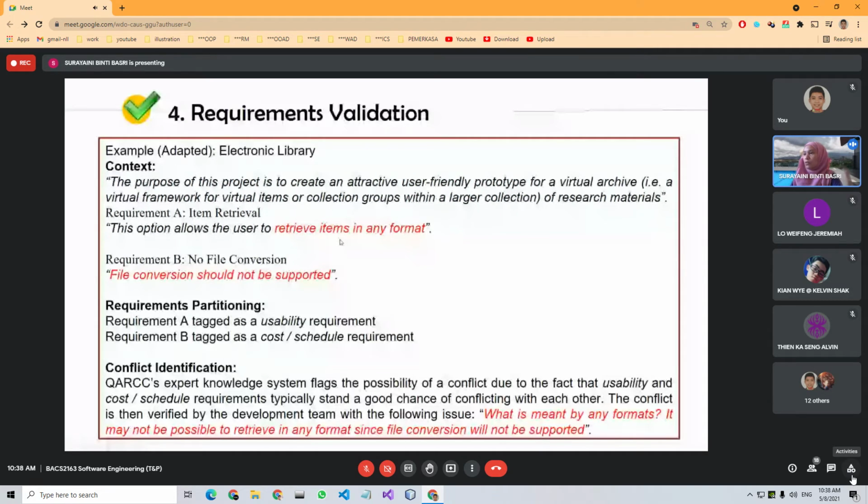Okay, so no file conversion, but requirement B, they said that no file conversion. So file conversion should not be supported, meaning your system should not convert any file. Okay, so we can tag requirement A as a usability requirement, and then requirement B we can tag as a cost schedule requirement. So the conflict identification here is